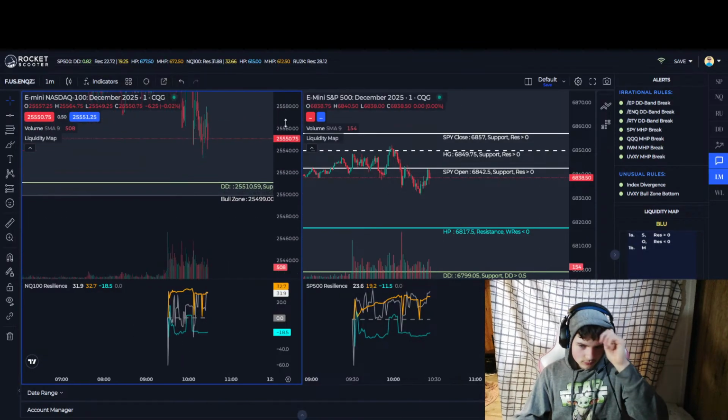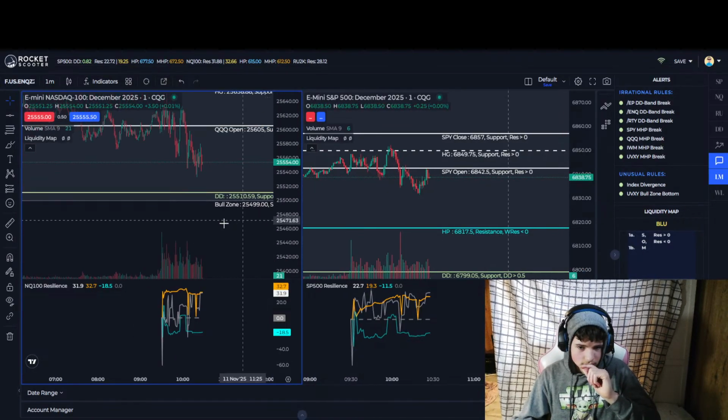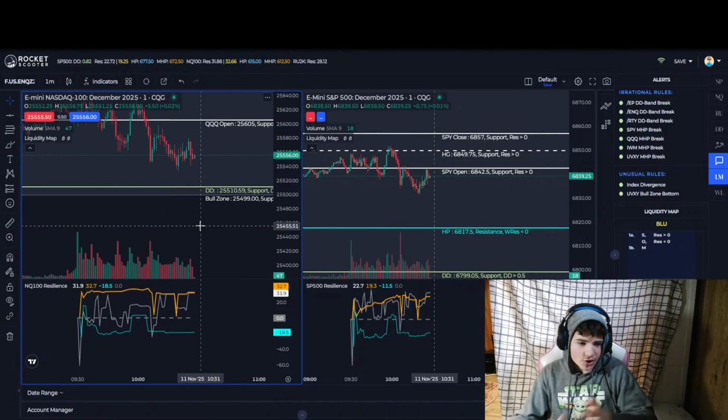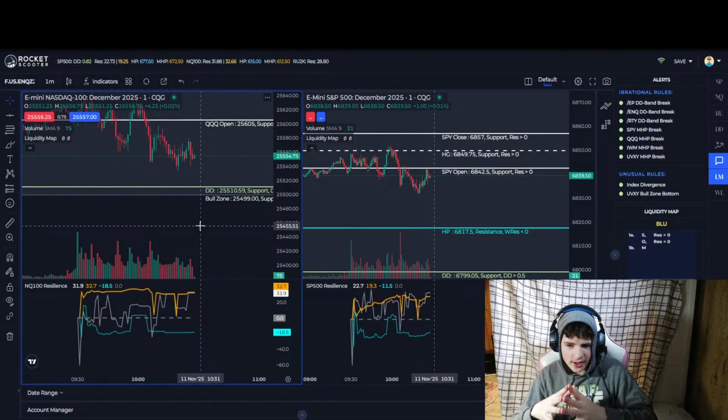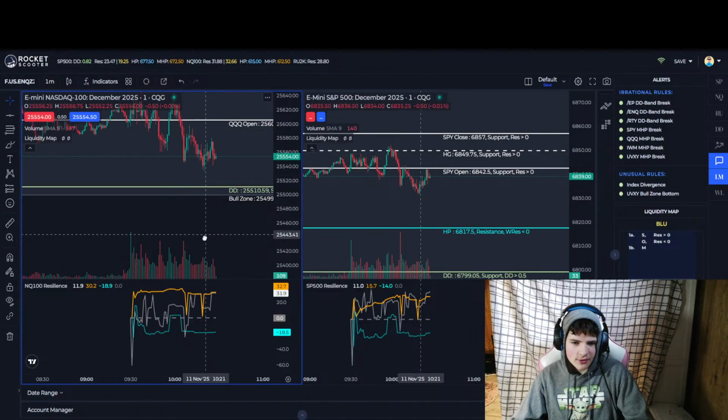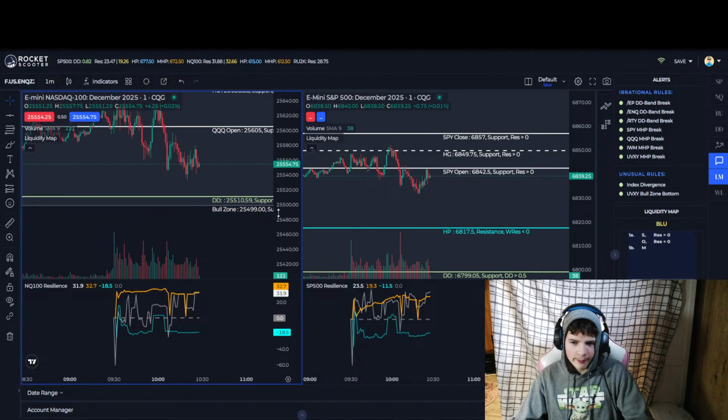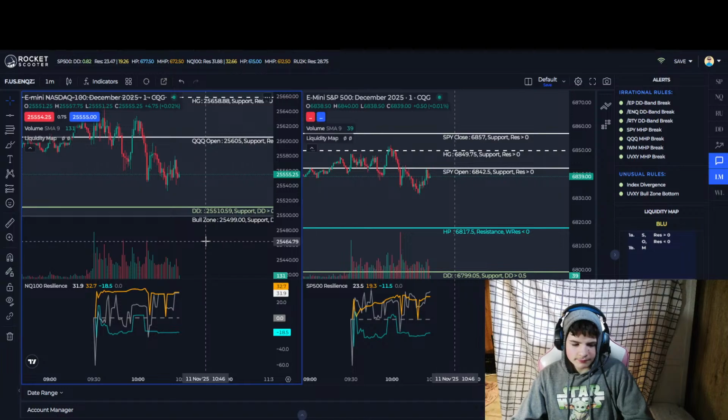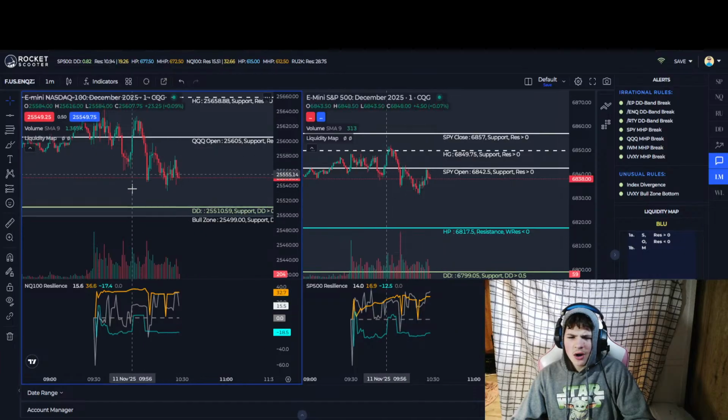There are so many different possibilities you can trade using this. It is just chopping around here. This sucks.